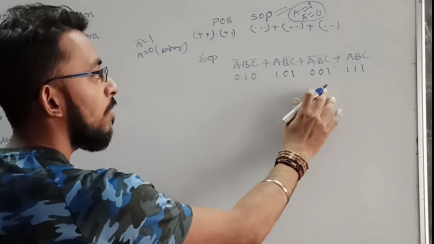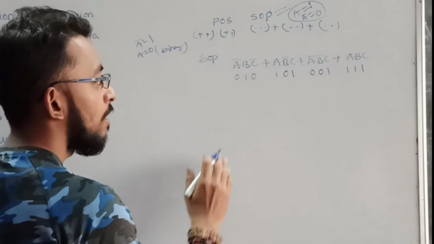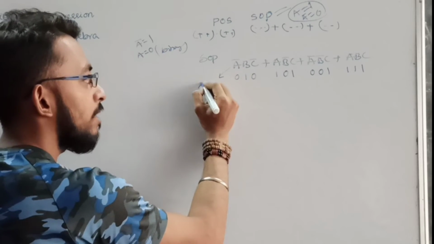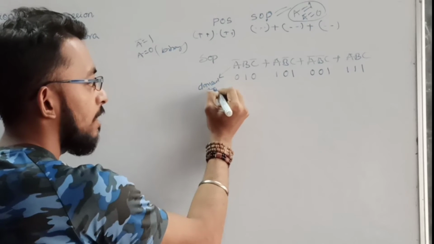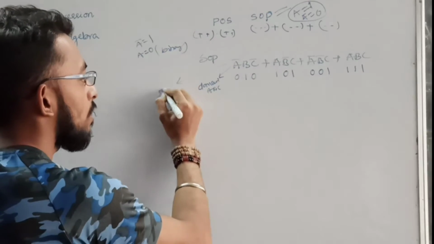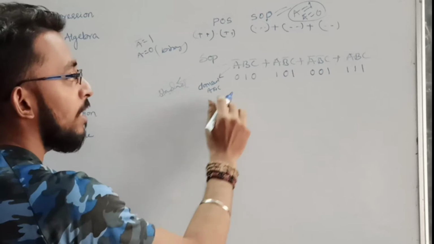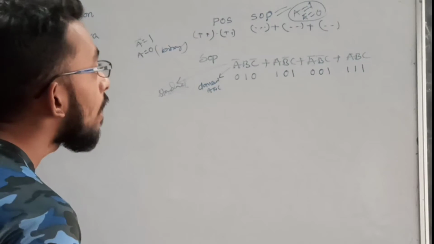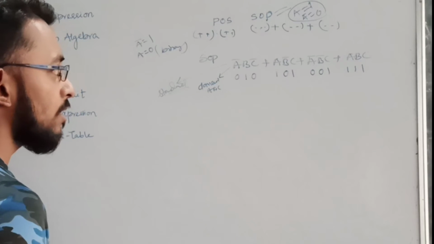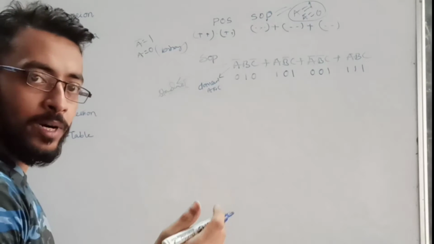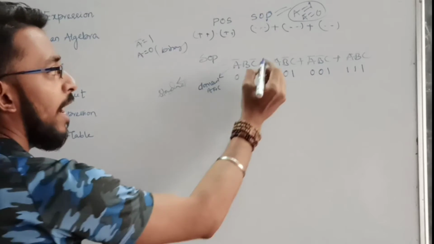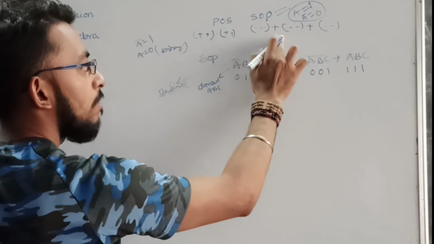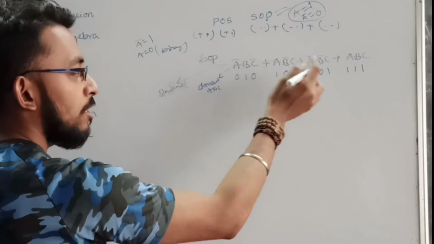So this is the case for which my output will become 1. Now, since there are 3 inputs, what is the domain? There are 3. Domain means A, B, C. And this is a standard form. You have to keep in mind this should be in standard form, and if it is not in standard form, then I can't apply this conversion. If it is not in standard form, first you convert it into standard form by adding, suppose, D plus D bar like this. Then only this value will become, multiplying D plus D bar with this one.